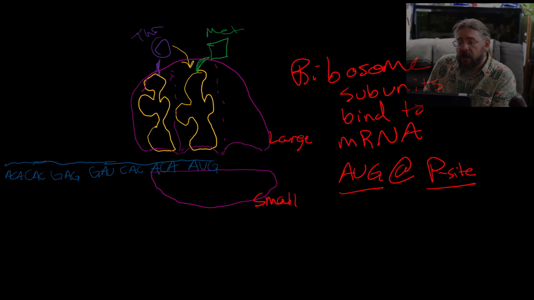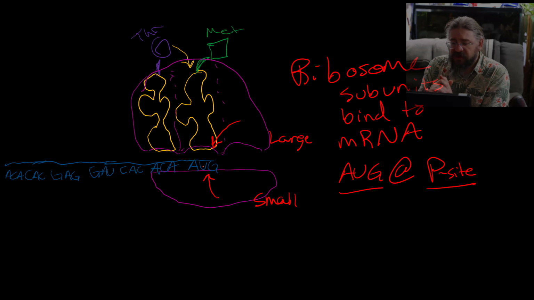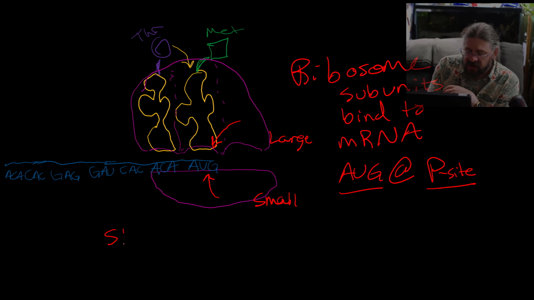So when the ribosome binds to our mRNA, it will connect onto it so that the AUG codon in our mRNA is in the P site. And so at the very start,